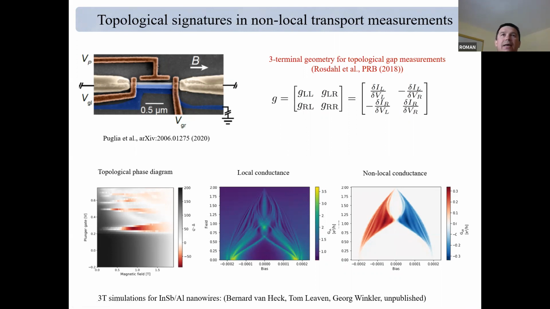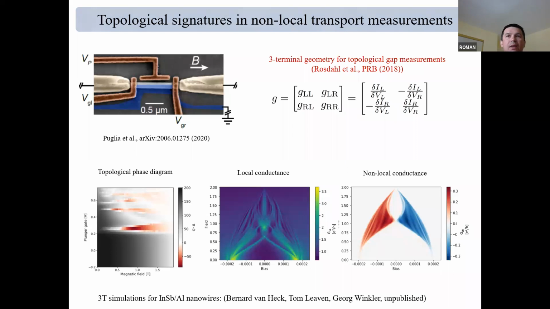So non-local conductance, together with correlation for the end states on both ends, provides a much more stringent condition and allows us to rule out many false positives. And I think this is a very nice experiment, and I would even go further and say that this should be our standard moving forward for detecting and realizing